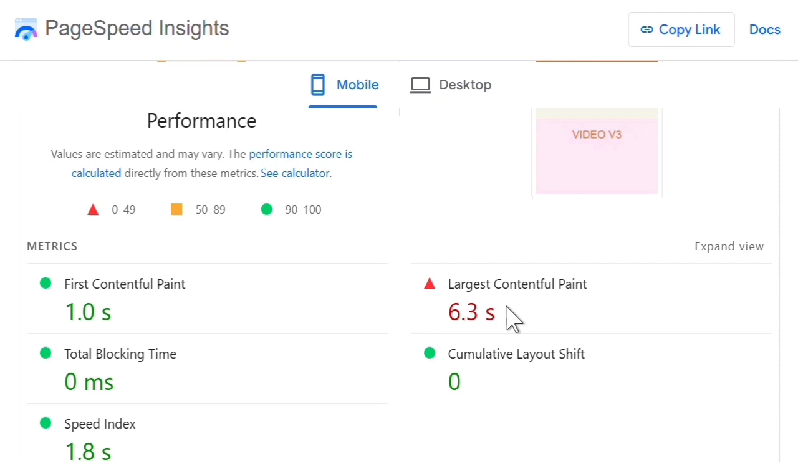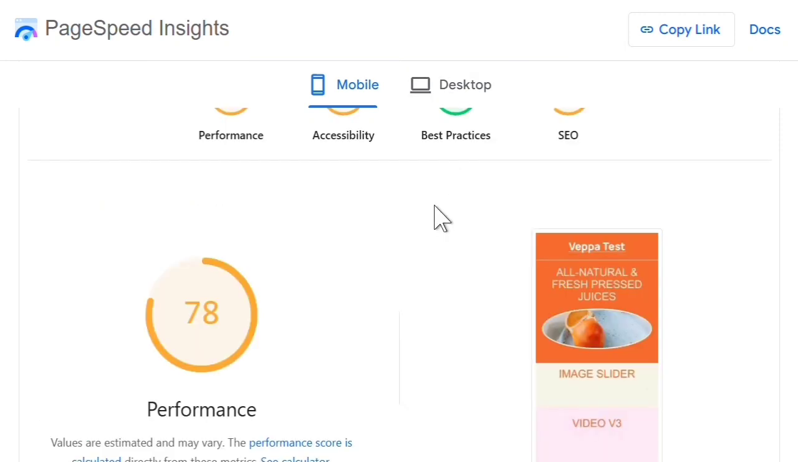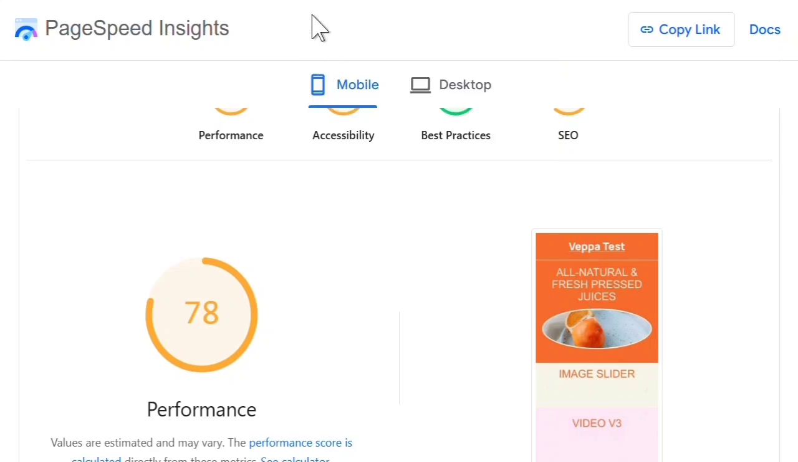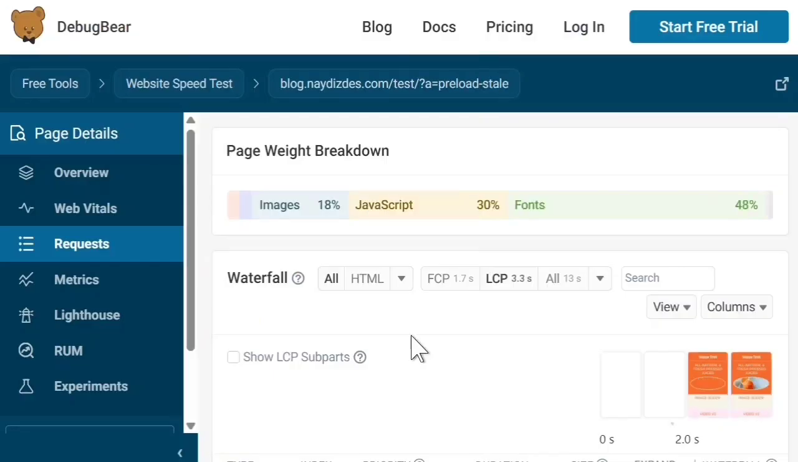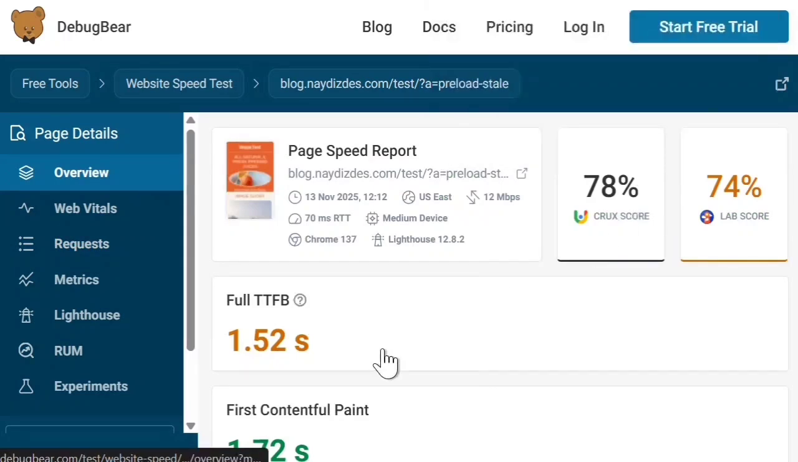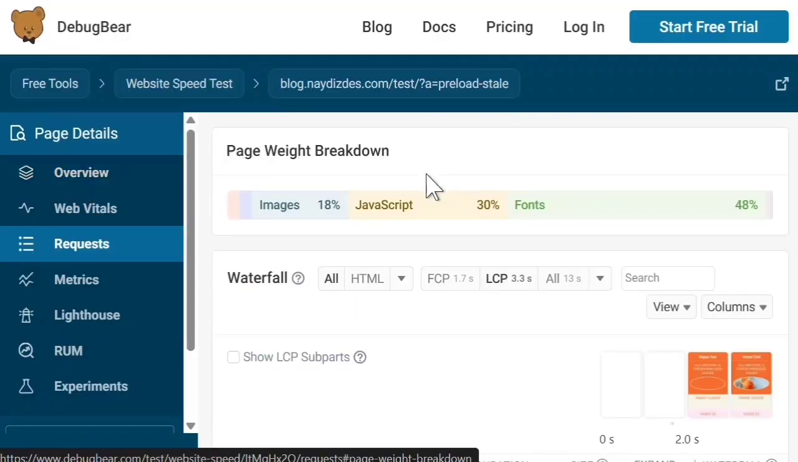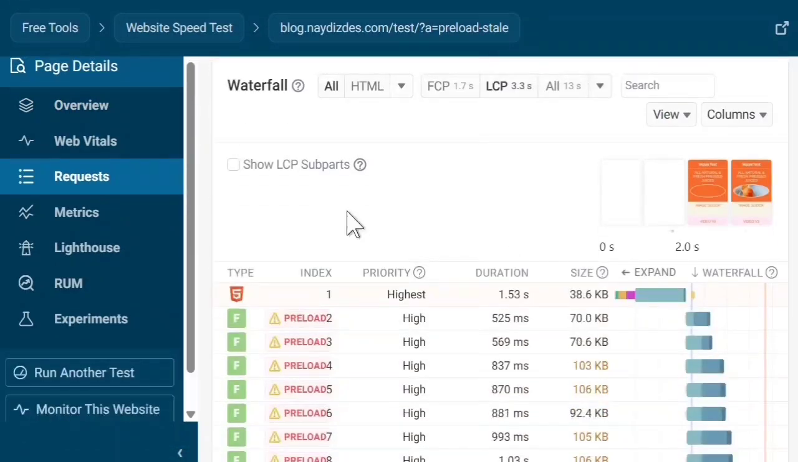this happens. So in that case, we can move to other speed testing tools. Don't stick with PageSpeed Insights only, don't rely on it completely. So that's what I did. That's why I switched to Debugbear. So this is a test by Debugbear, and after testing a page, navigate to the requests report, and here it will